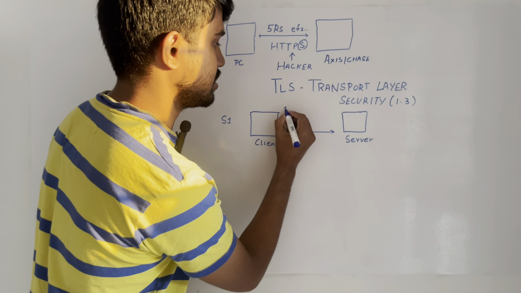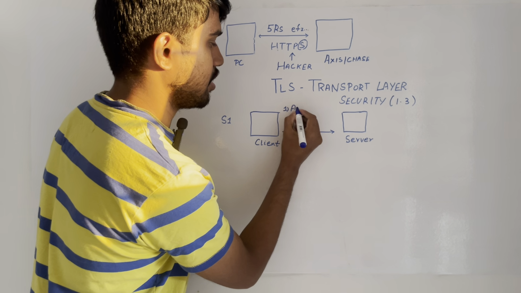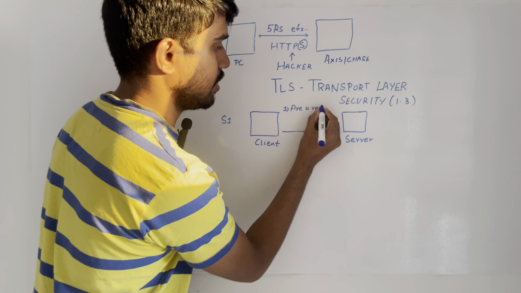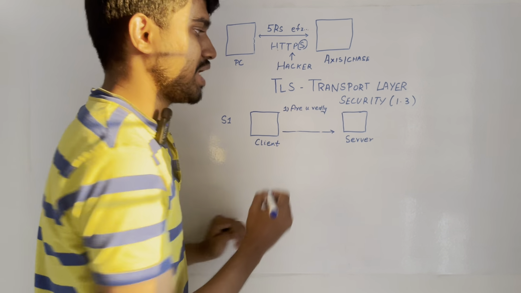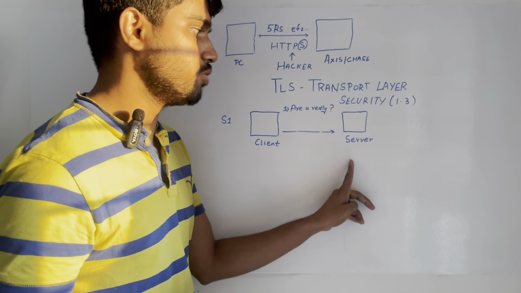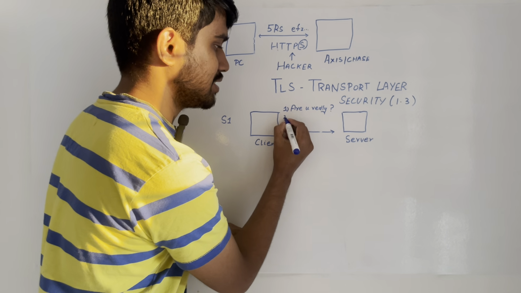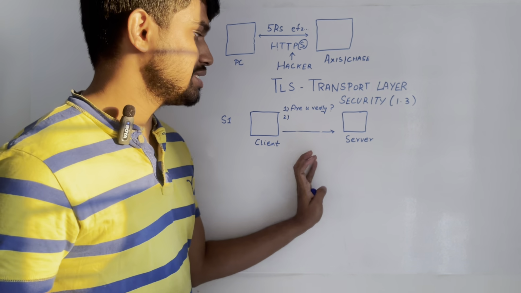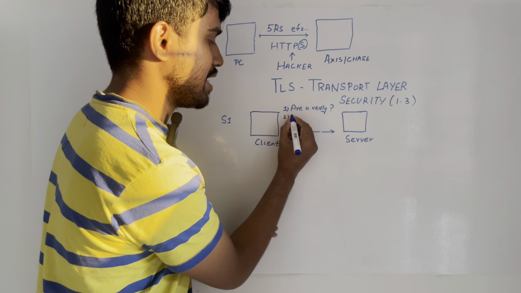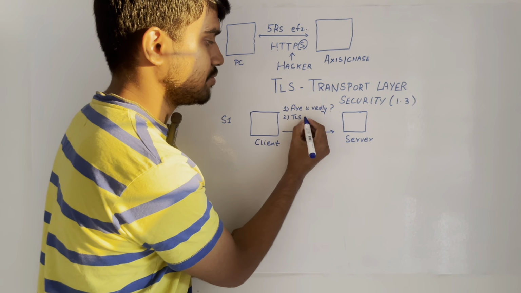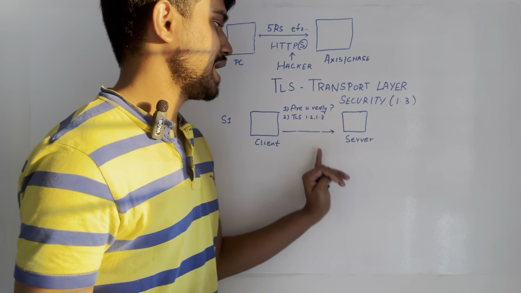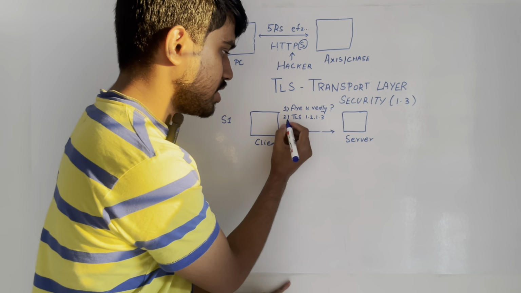So the first thing is it will ask, are you really my bank? Please prove it. And the second one it asks is, these are all the TLS versions I can support. It will say, hey, I can support TLS version 1.2, 1.3. And the third one is,